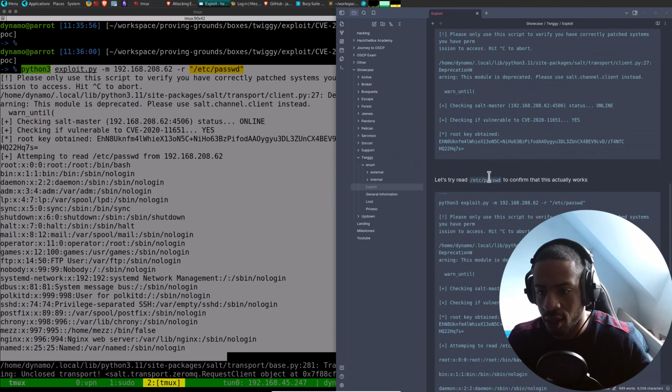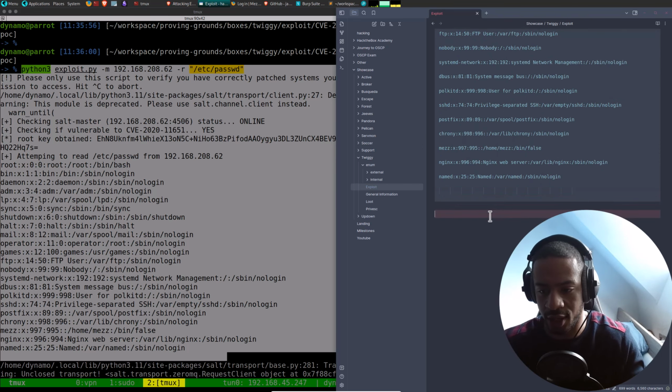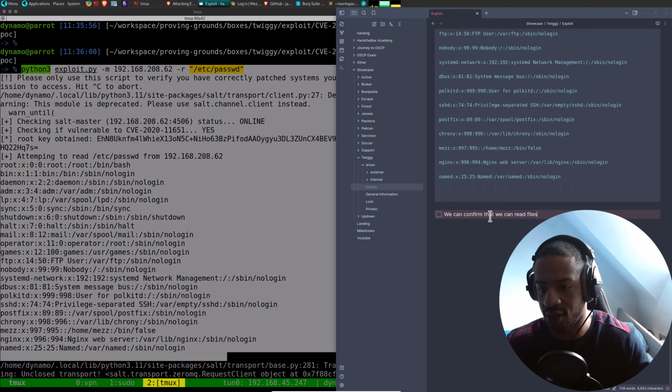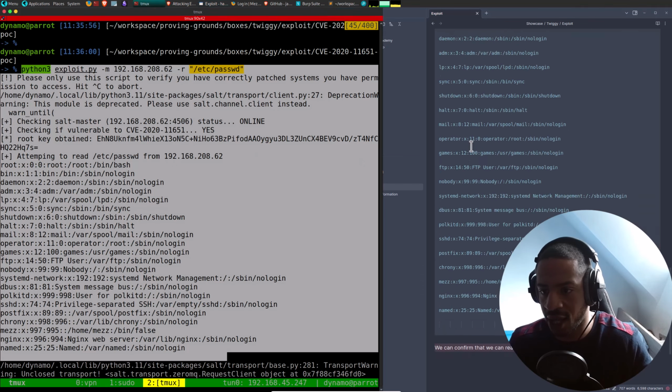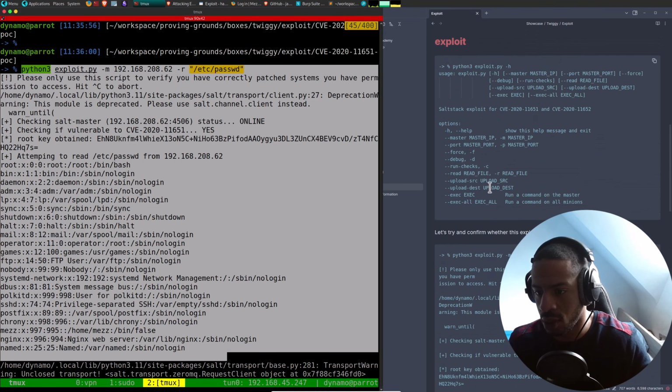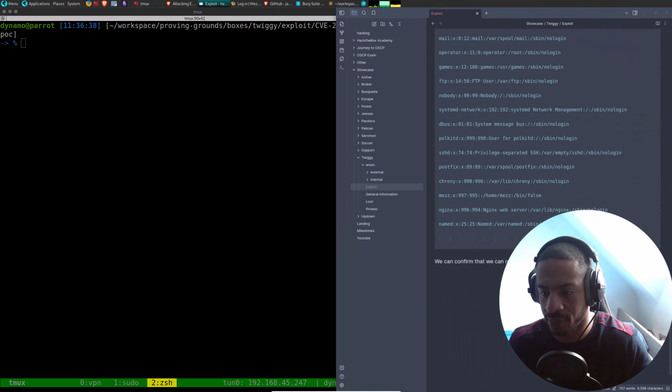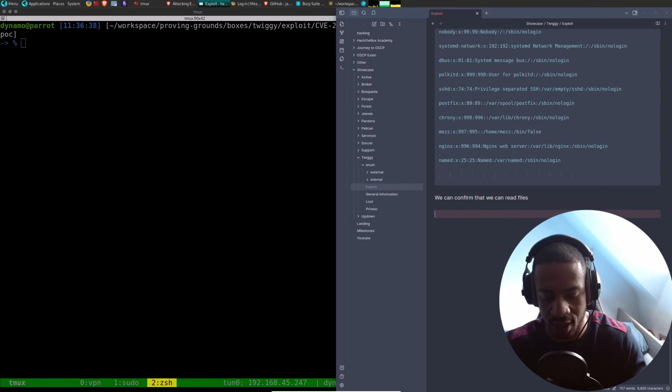So we do have some sort of command injection. Okay, we can confirm that we can read files. Okay, but that's reading, it's not command injection. It's reading files. Let's now see if we can execute commands. And the way I want to show you how to do that is, let's see if we can execute commands.